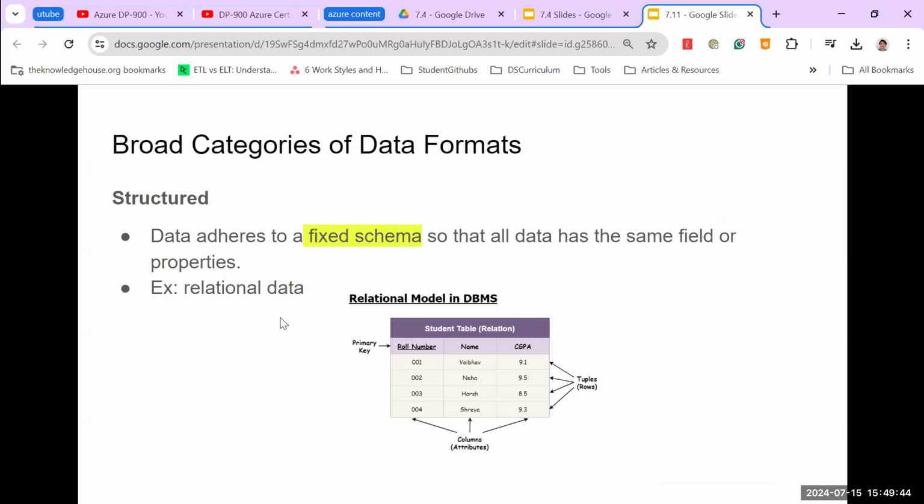Hopefully, you all identified that this row and column format is what we would call a structured data format. And essentially, this is when data adheres to a fixed schema, to a fixed plan. Every single object has the same field or property. A great example of a structured data format is relational data, or even Excel data or CSV data. Basically, anything that has columns and rows, we can call that a